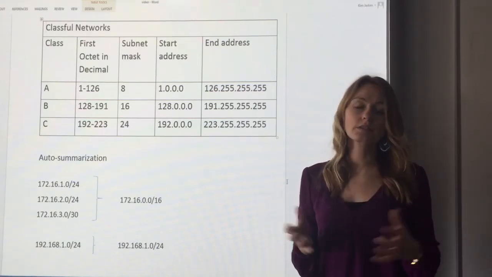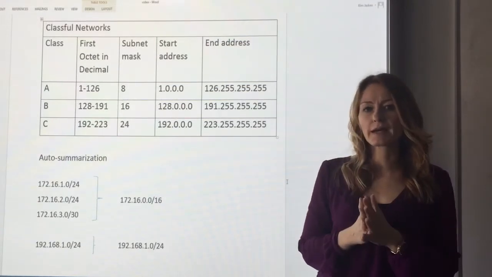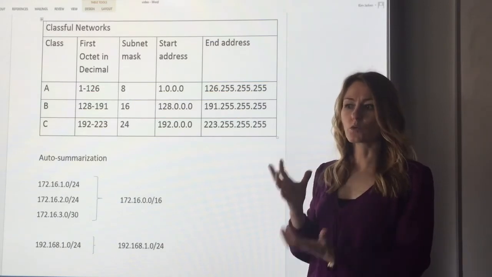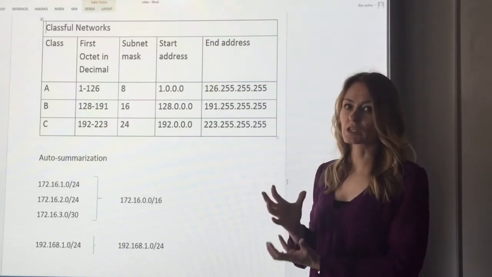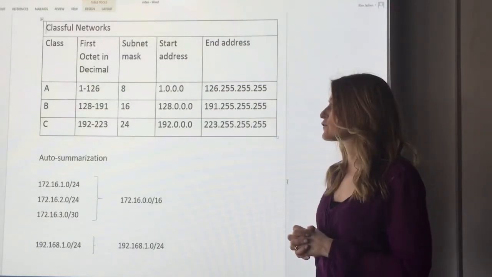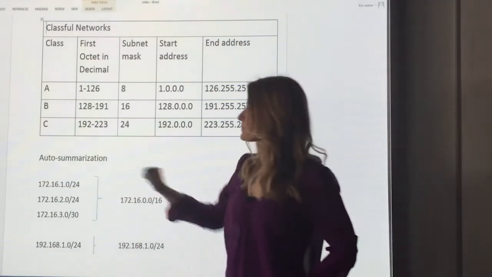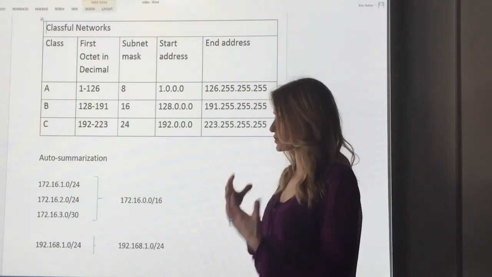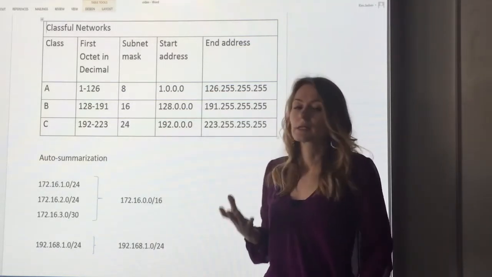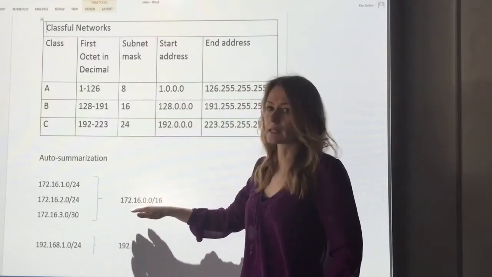Now, why is this relevant? Well, with EIGRP, if you enable automatic summarization, it will summarize any routes into its major classful network, which is these as follows. So, for example, if you've got a series of 172 addresses, they don't even have to all be 172, but this is just an example. If you've got a series of addresses that belong in Class B, they would get summarized into a Class B